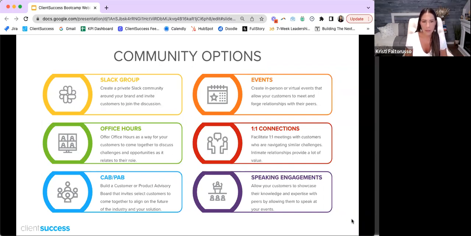Now, of course, some things, even though they're listed here, might be more work than others. I will tell you, these boot camps are a lot of work for me, but there's a lot of value to the community in facilitating new conversations, spreading information and ideas, and getting people to think differently about what they're doing today. So for me, as long as the value and the impact are going to be greater than the input and level of effort, I think you're onto something. You can pick any of these, any variation, and make them your own, and find a way to deploy them in your business to facilitate some initial community effort.